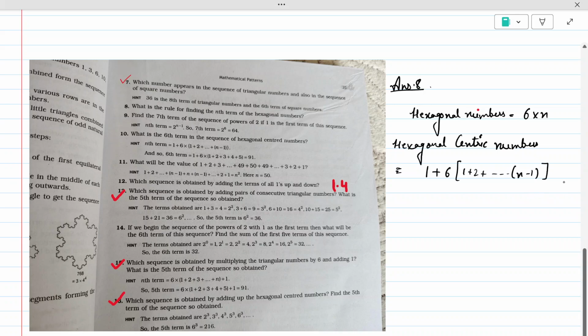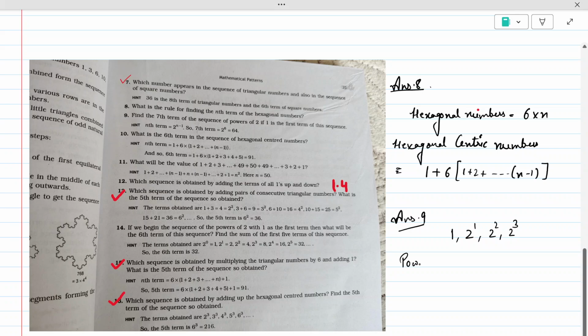Okay, yeah. Next is find the seventh term of the sequence of power of 2, if 1 is the first term of the sequence. Okay, so this is easy. We know what we are supposed to do. 1 is the first term and it is followed by the power of 2, that is 1 was also 2 raised to the power 0, 2 raised to the power 1, 2 raised to the power 2, 2 raised to the power 3 and so on. This is nothing but the